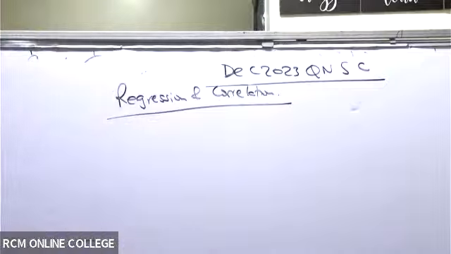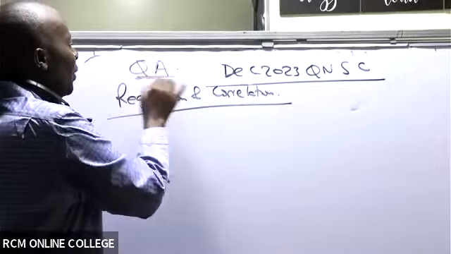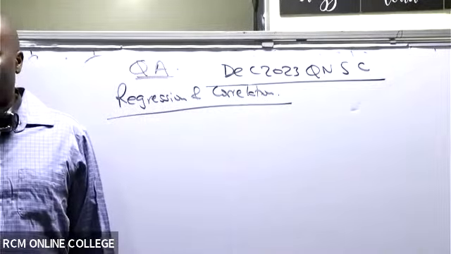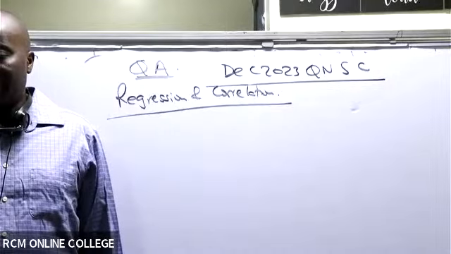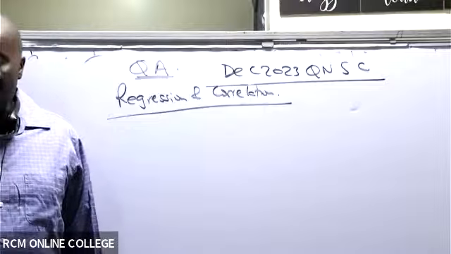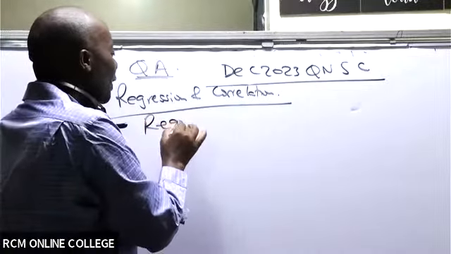Correlation in QA is topic number 4. Regression is topic number 5. Remember, the subject is quantitative analysis. All right. So if you allow me, I'll be able to introduce regression first, where we mentioned that